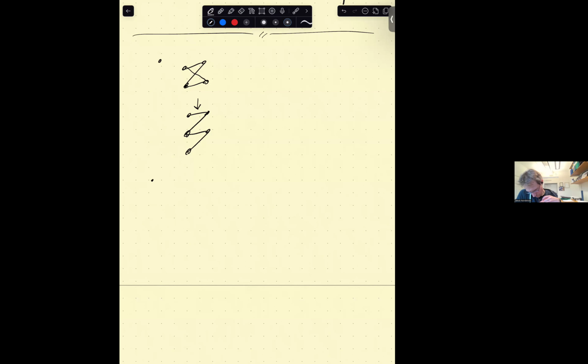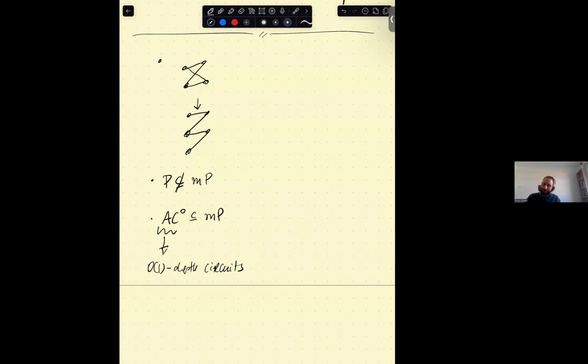But you could ask whether you could still obtain non-monotone circuit bounds from monotone circuit bounds, particularly if you could simulate P in monotone P, or maybe smaller classes. More concretely, the smallest class you could try to simulate with monotone P would be AC0. AC0 here is constant depth circuits, which are a very simple model that cannot even compute parity. And this is a question of Grigni and Sipser